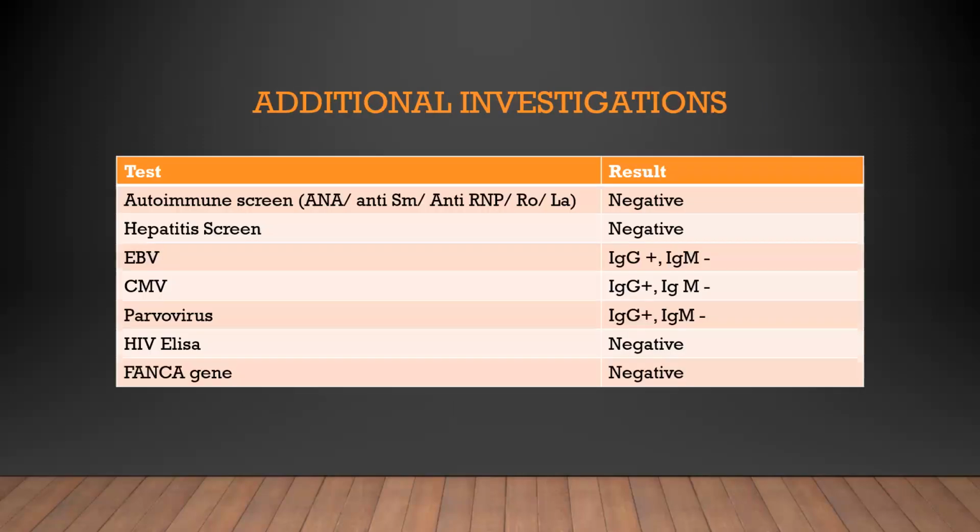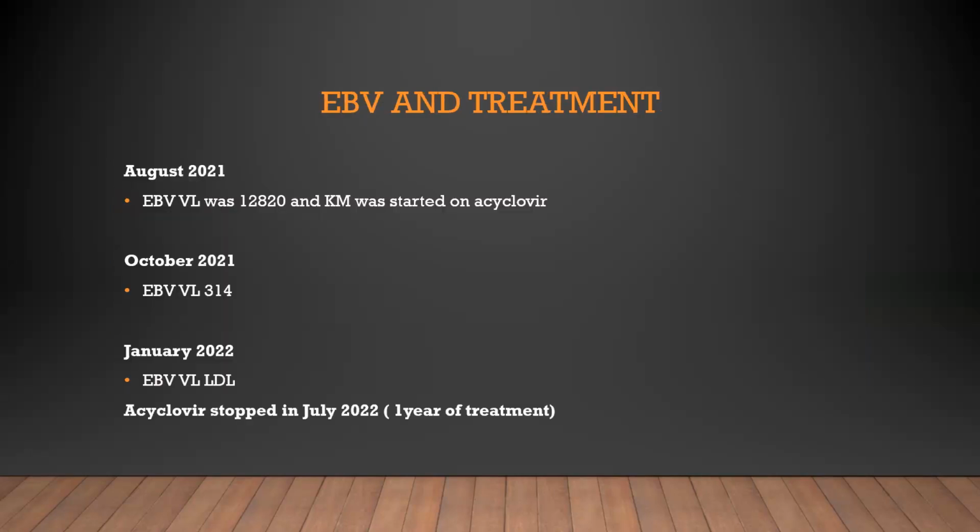So her autoimmune screen was negative, and the screen for viruses such as hepatitis A, B, and C, parvovirus, EBV, CMV, and HIV were negative. And in terms of Fanconi genes, it was actually the FANC-G gene which was done and which was negative. The CMV viral load was also tested, and it was lower than detectable limit. And an EBV viral load was actually done, and it was found to be elevated. So the EBV viral load was actually